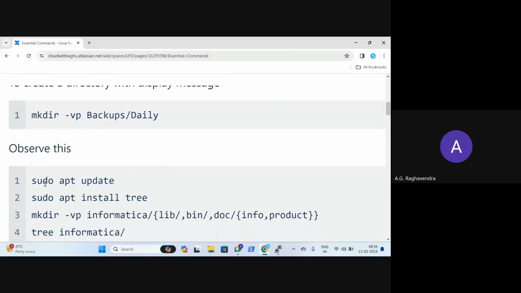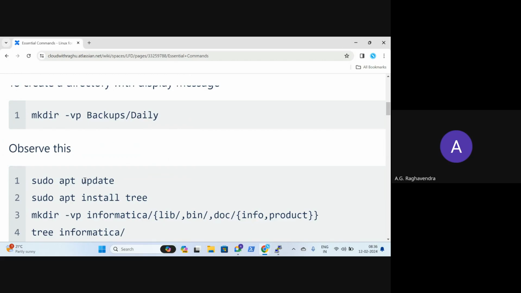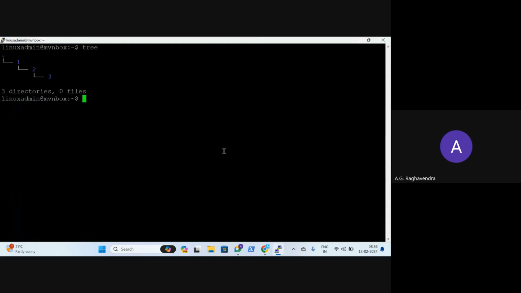To install tree in Linux, please remember when you log in for the first time, it is mandatory you have to update the system using this command: sudo apt update will update your system. Update is a simple command to update your computer. APT is a tool. We will talk more about it tomorrow. APT is the tool that does every installation in Linux. You want to install anything, just say apt, space, whatever it is, and it gets installed.